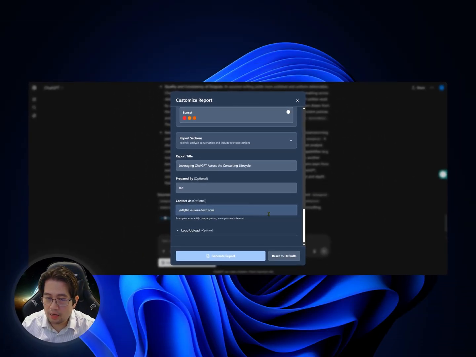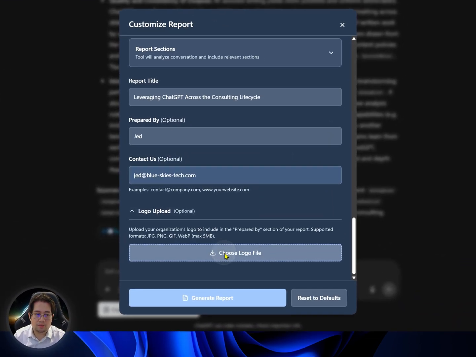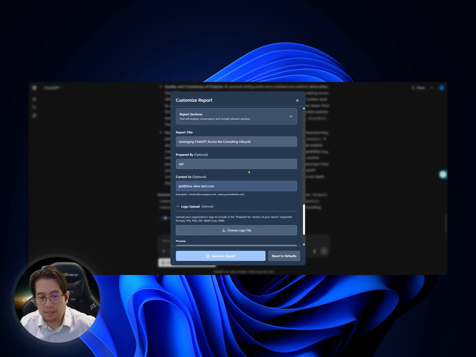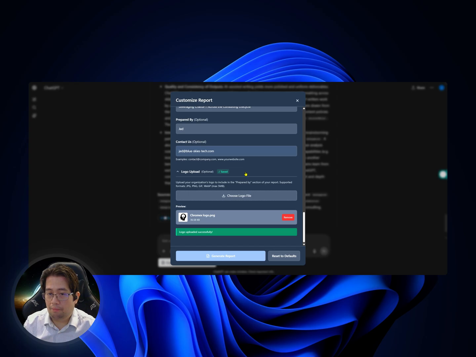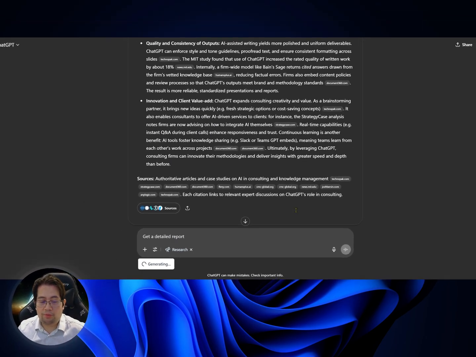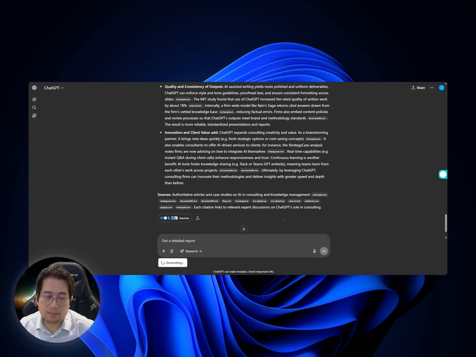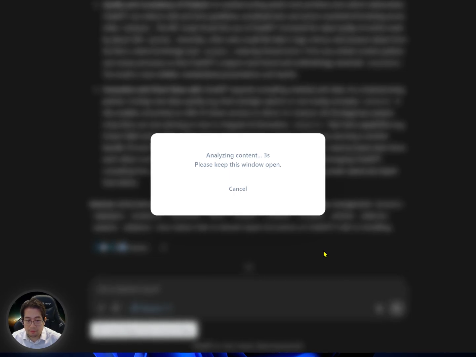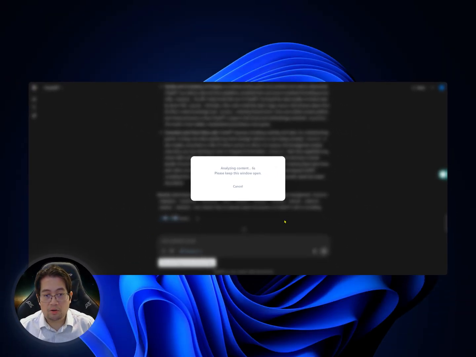Now, if you are a business and you have your own logo, you can also do that here as well. There you go. And then that would be automatically uploaded. So once I generate that, I'll have to wait for 2 to 3 minutes, and that infographic would then be completed and generated for me. So with the magic of video editing, we'll just skip a few seconds ahead, and the next time we'll see each other is once this window gets opened.